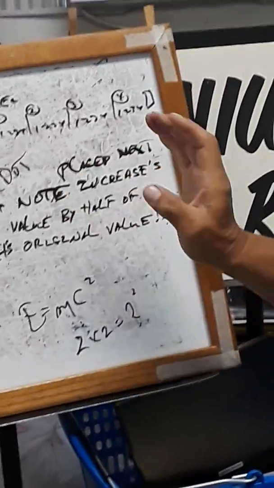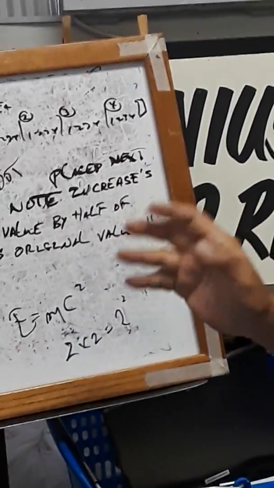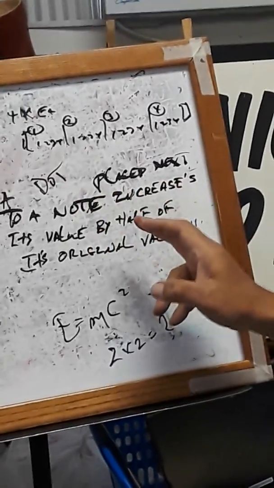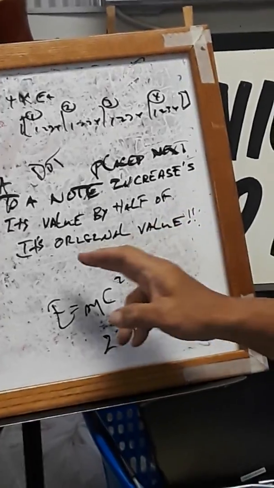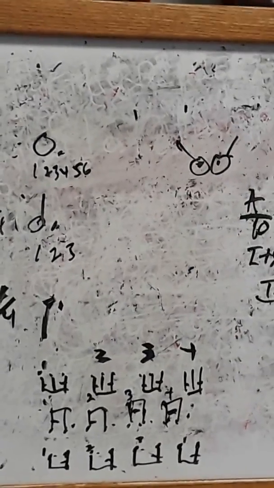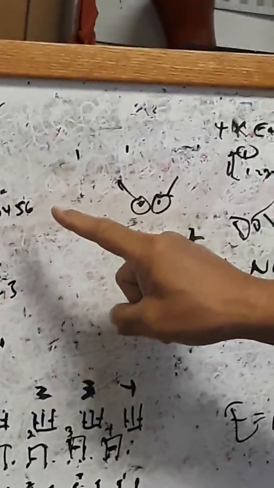Okay, so now for our rhythm study for this vignette, this tutorial: a dot placed next to a note increases its value by half of its original value. So initially we have a whole note. Yeah? So the whole note is 1. Here we go. 1, 2, 3, 4. 1, 2, 3, 4. Bar 3, 2, 3, 4. Bar 4, 2, 3, 4. So when you place a dot next to the note, a whole note, it's gonna